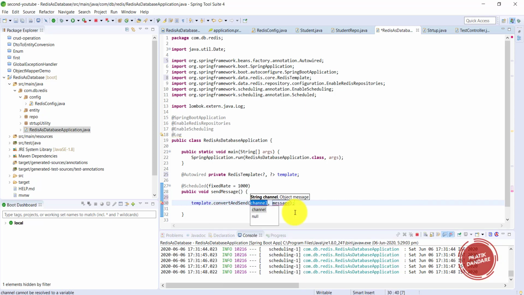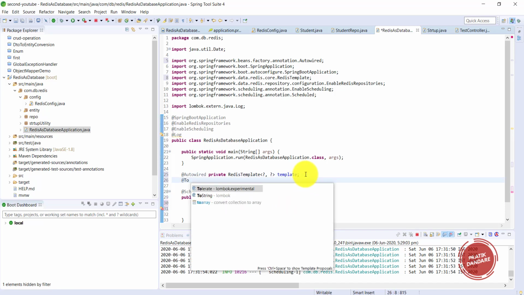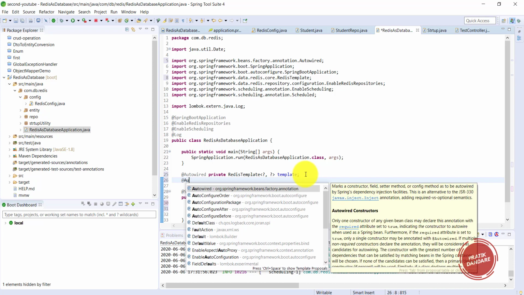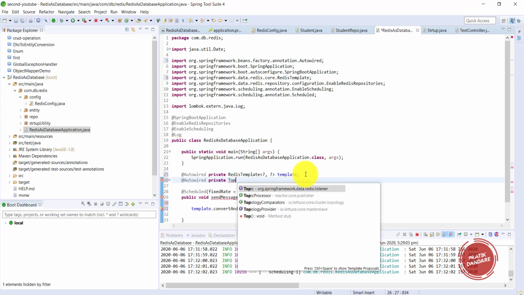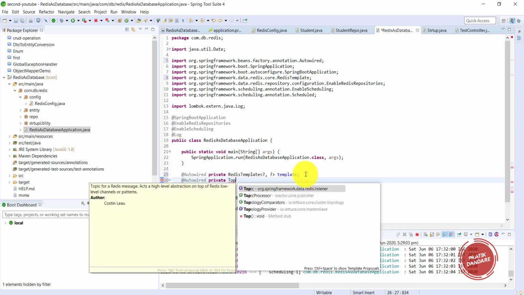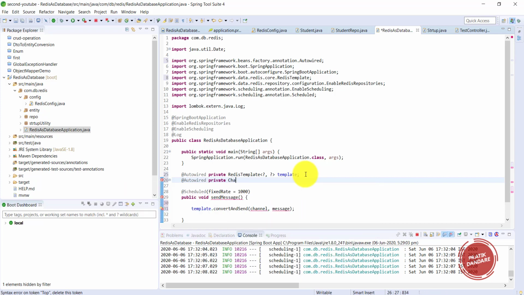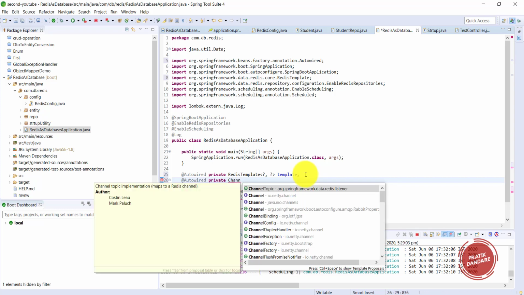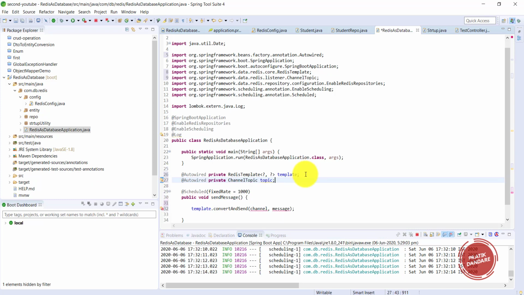For that, to get the topic here, I want to autowire the topic here too. Sorry, it's Autowired, and I want a ChannelTopic, and it's nothing but topic. So we have the topic here.